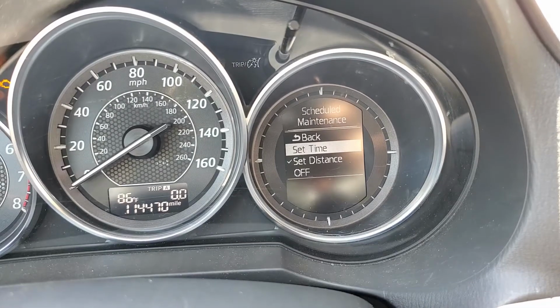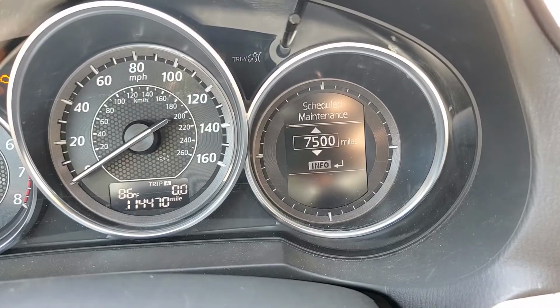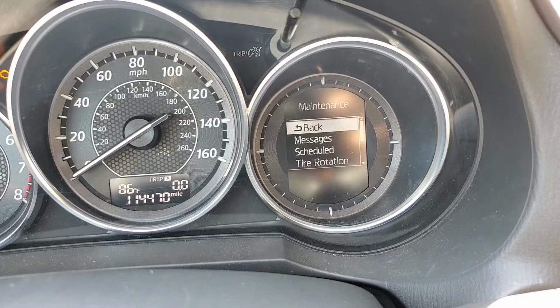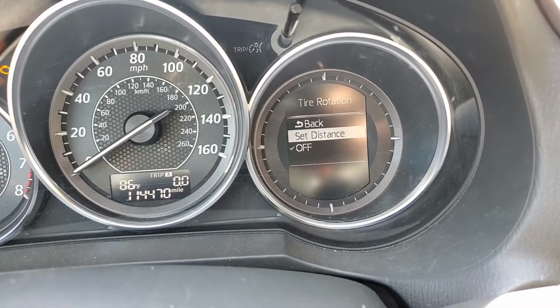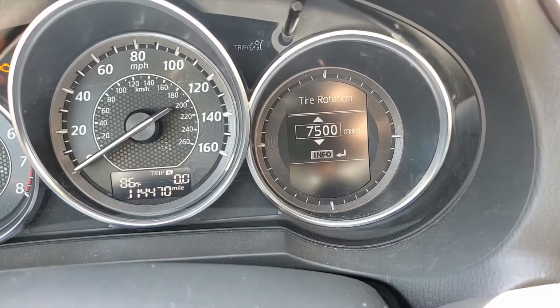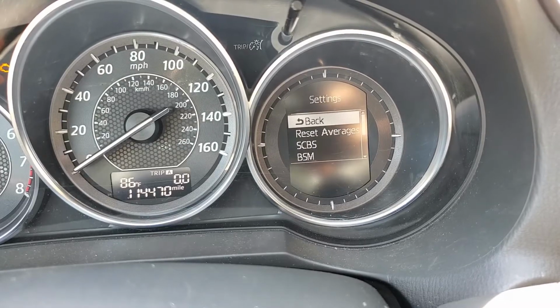We're going to say set distance, and then we're going to be at 7,500. We're going to go ahead and set the distance. So this should reset the counter. Tire rotation, we're going to go ahead and set distance, 7,500 miles. We're going to go ahead and reset it for now. And then we're going to go back,